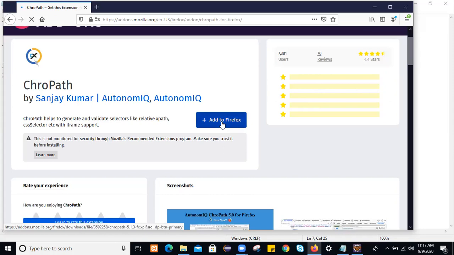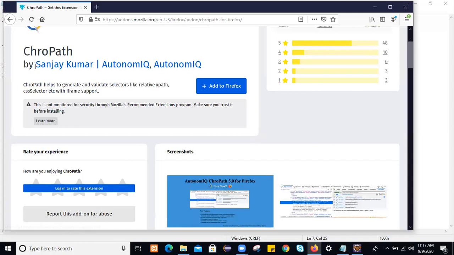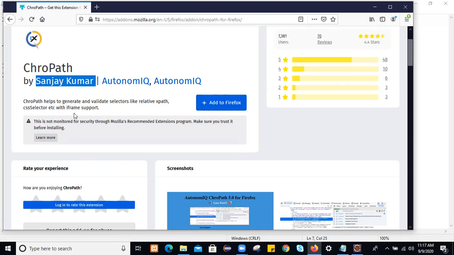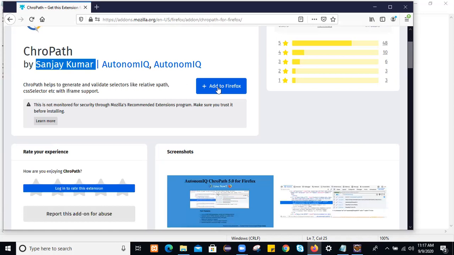This is ChroPath by Sanjay Kumar. He is the person who has created this extension. So add to Firefox.